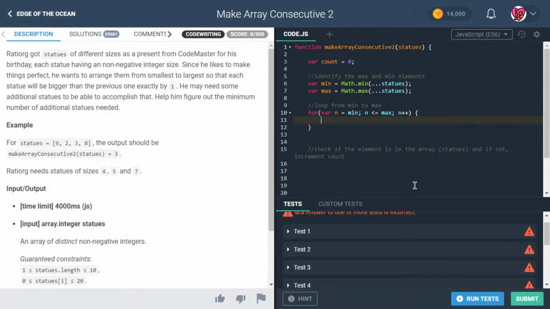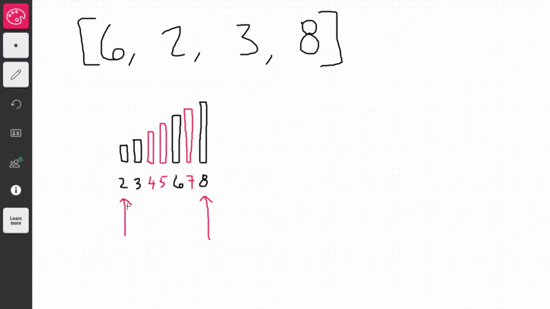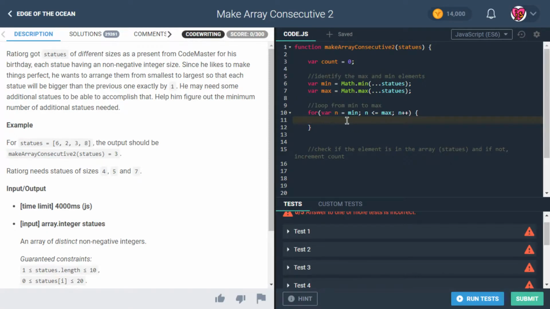And so then what is n? Well, n is basically this number here. This is n, this is n, this is n, this is n. So it's going to be whatever number we have, whether we have a statue of that height or not. So then what we need to do here is check if that's actually in the array, the statues array. And if it's not, then we'll increment count. So we could do something like if,